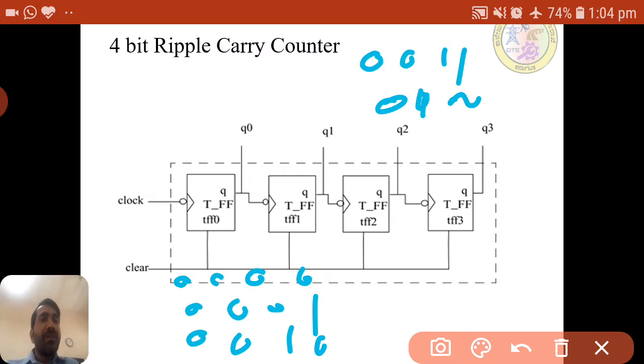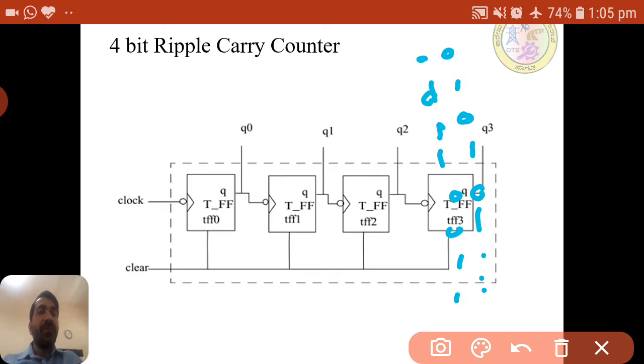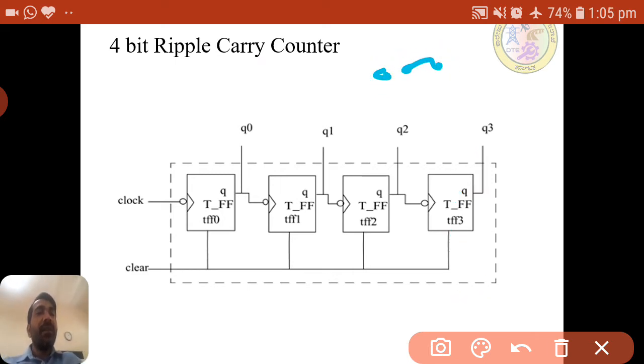Now if you observe the first bit, the LSB, it is always toggling. The second bit toggles every 2 times: 0 0, then 1 1, next 0 0, next 1 1. The third bit, every 4 times: 0 0 0 0, then 1 1 1 1.